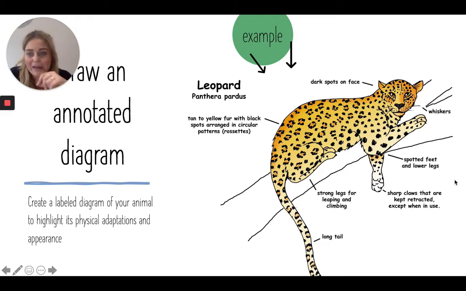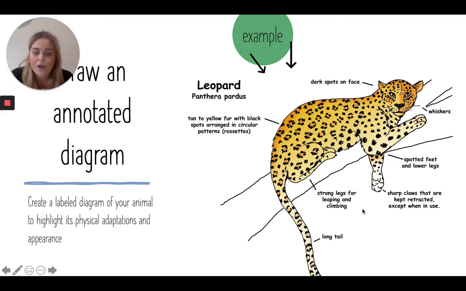So what do you need to do? Well, number 1, you will need to draw your animal. I'm not asking for Picasso, but I would like you to put in an effort. If you would like to trace the animal, trace it. That's fine. If not, go for it freehand. It needs to resemble the animal though, okay? So once you have done that, you're going to draw some lines coming from it that highlight its adaptations and